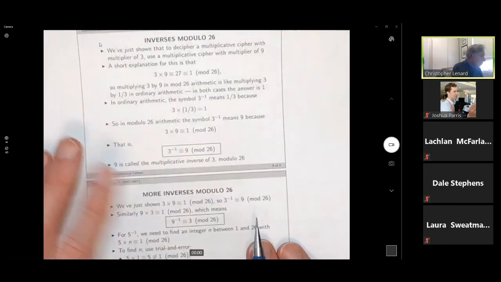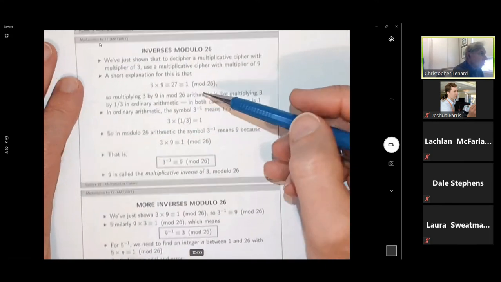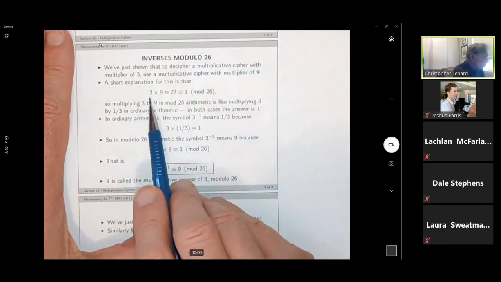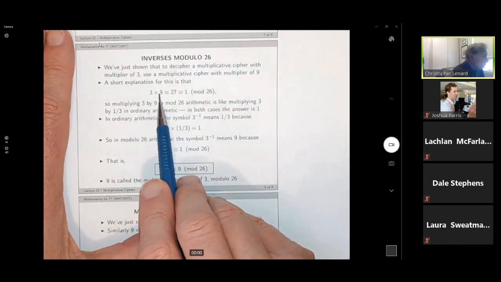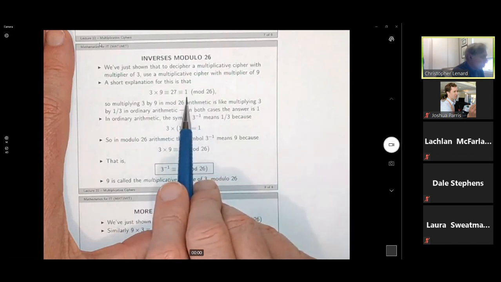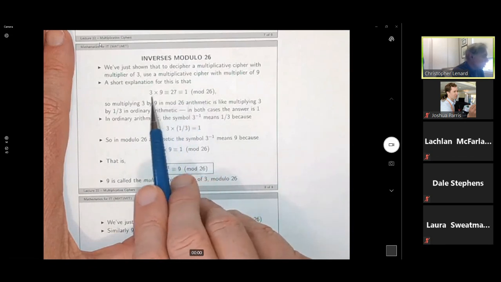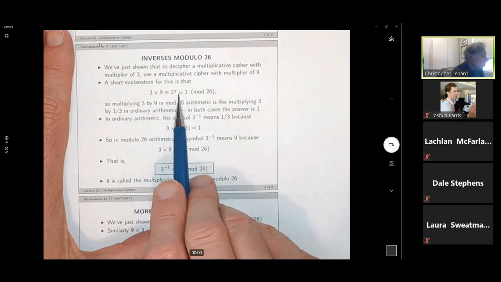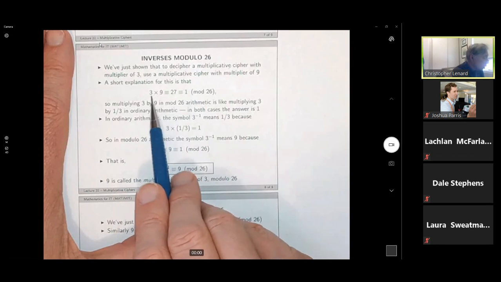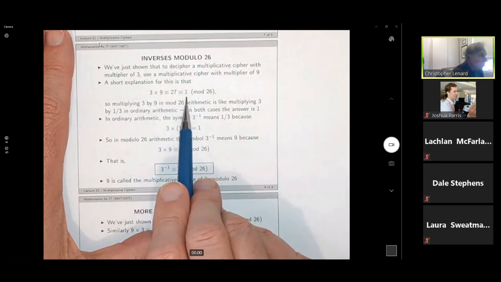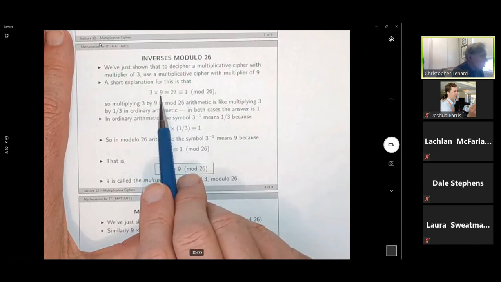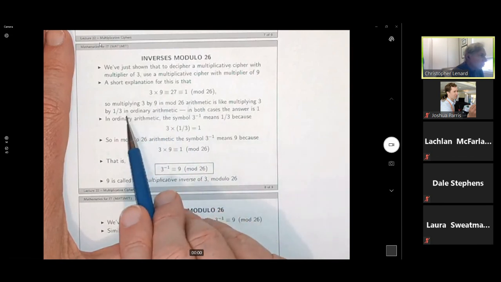Now this slide is really just doing what I did before. It's saying 3 times 9 in the mod 26 system is 1, which is the same as 27. So 3 9s are actually 27, but in the mod 26 system, that is 1. So we have 2 numbers multiplied by each other to give us 1. So multiplying by 9 is kind of like multiplying by 1/3